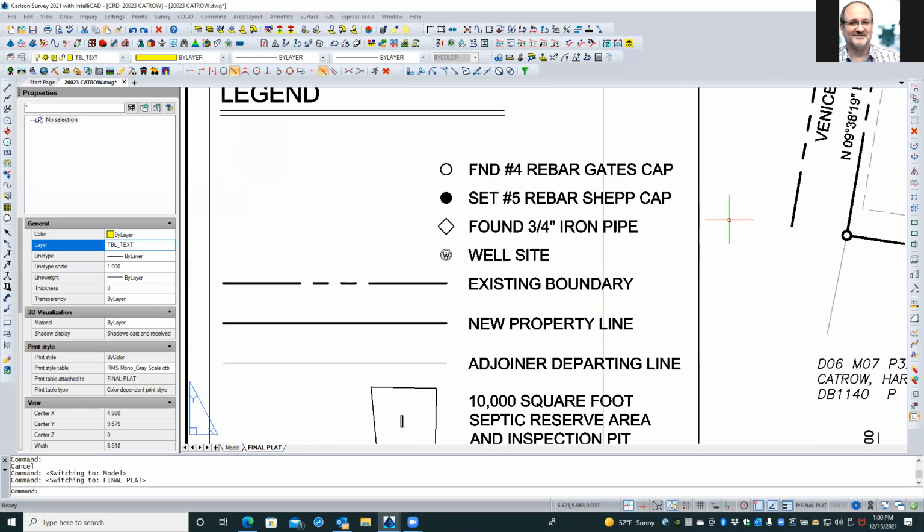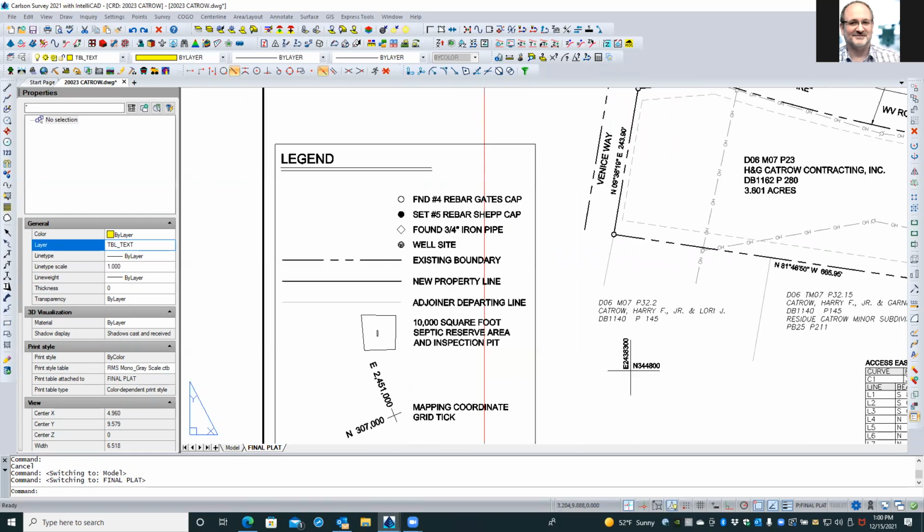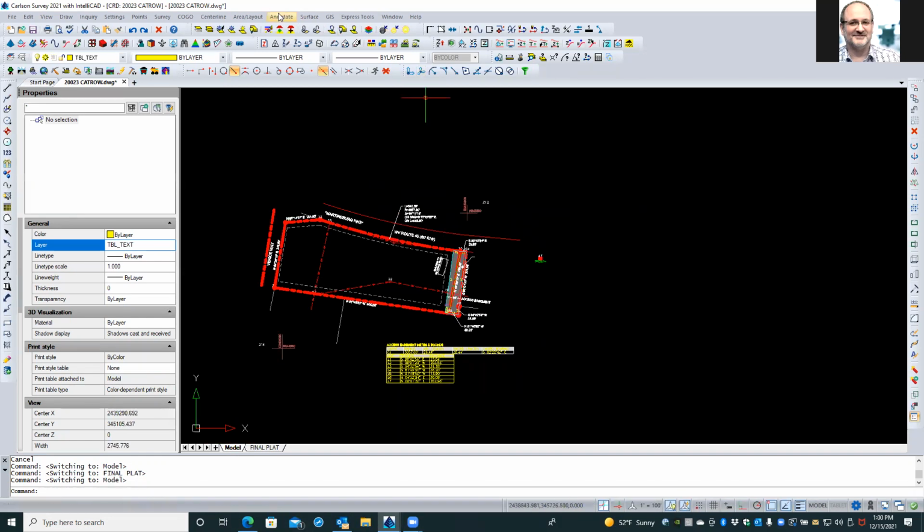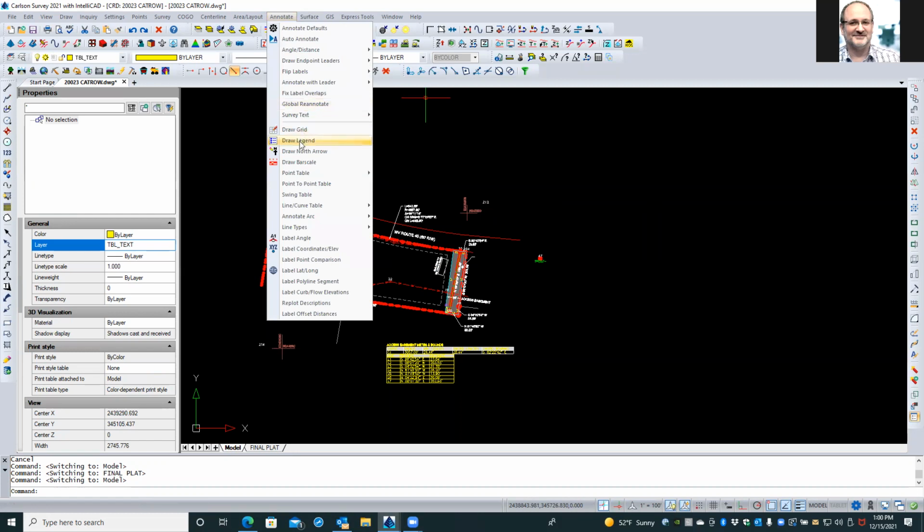I don't think you have any wells on this property. So, you know, clean these out, and they're just text and symbols right now. But excuse me, the way we did that in the first place was here, and we went to annotate, and we said draw legend,